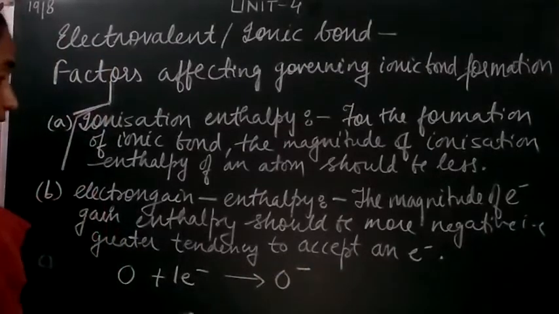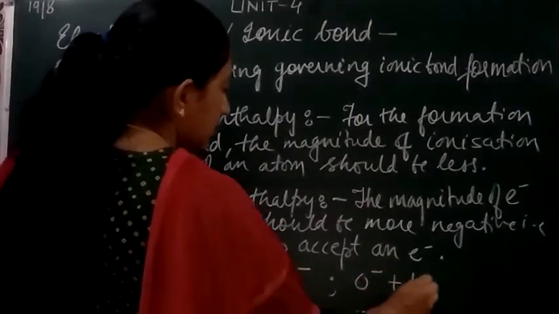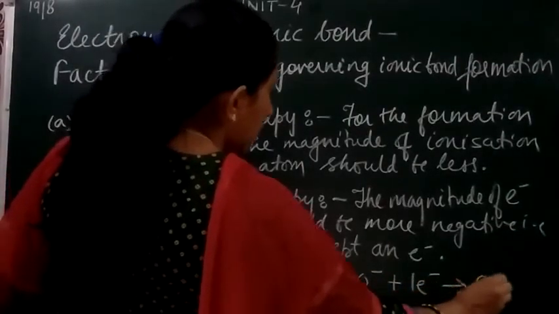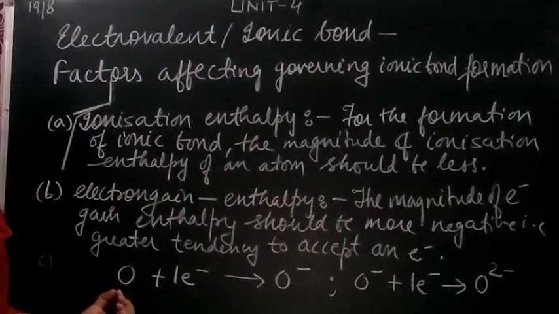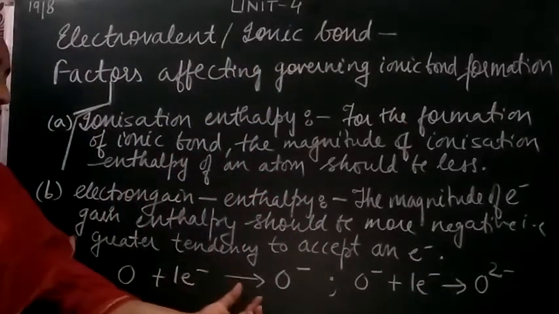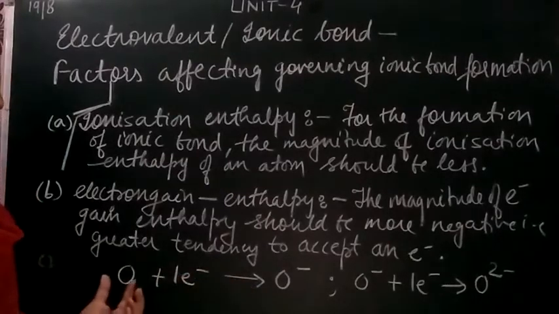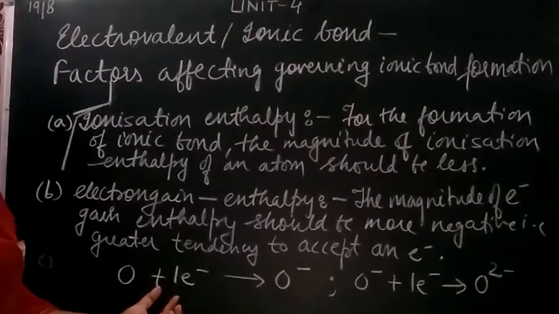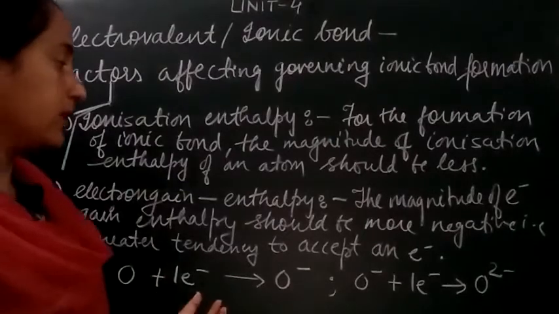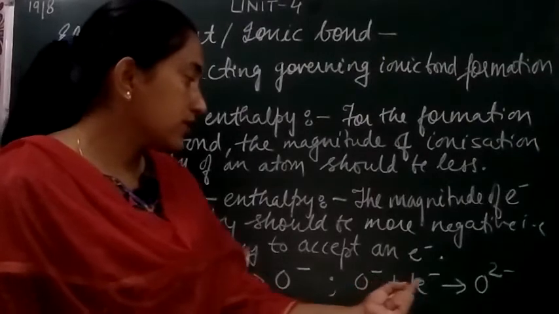In the second step, it will accept one more electron and form the O2 negative ion, the oxide ion. In the first step, where oxygen is accepting an electron, the electron gain enthalpy is negative. But when one more electron is getting added to O negative, which is also negative,